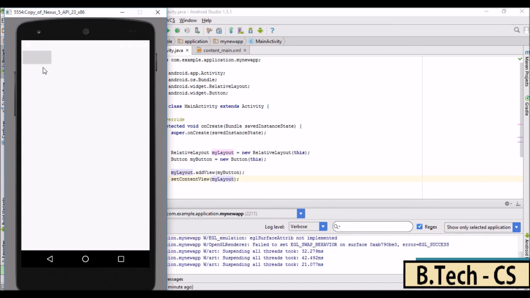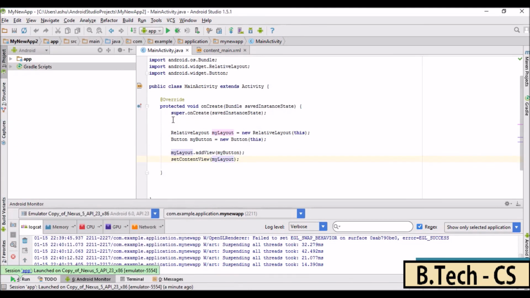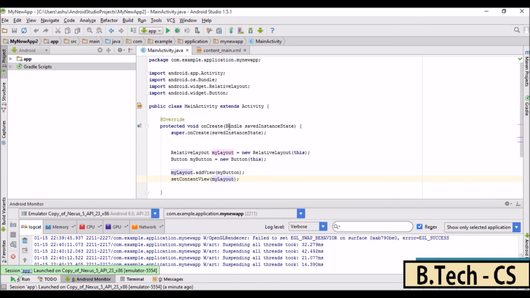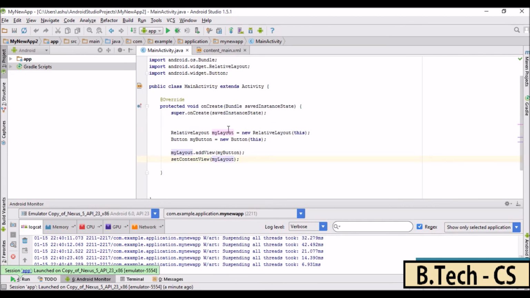So basically what we have learned in this tutorial is how you could use Java code in order to design the user interface. We have gone through a very basic part, that is we have just studied how we could add a simple layout to your activity and also how you could create a button. And then we have learned how you could add the elements into your layout, and finally how to set the content view to the current layout. So make sure that you implement this code in your Android Studio, and also make sure that you delete the unnecessary code so that it avoids confusion and you could understand the code in a much better way.